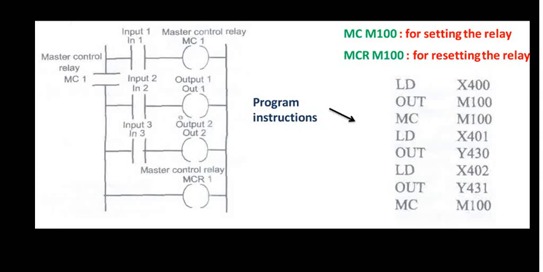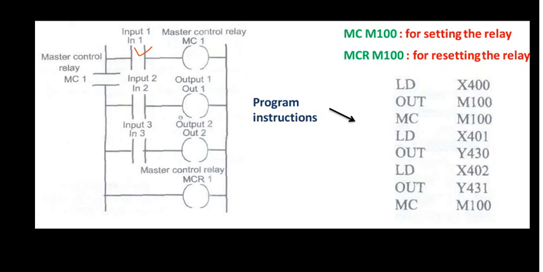Now if you look at this slide, you have some input here, then you have activated the master control relay, that is MC1, by virtue of the input IN1. Then, very unusually, you will find the master control relay contacts coming in the power rail itself. That is how you will be able to differentiate between a master control relay and other conventional relays. Now once the master control relay comes here, whatever your input 2 and input 3 activate, that is output 1 and output 2, they happen there.